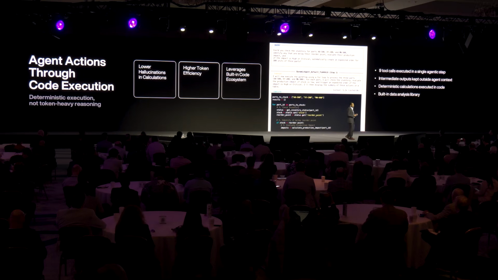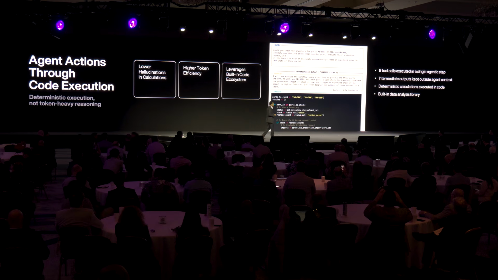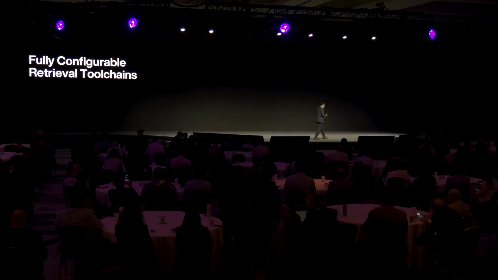And this specific one question is going to lead to 9 tool calls, and tools are blocks of code that are executed in one single agentic step. And this is pretty cool because this means that intermediary outputs are kept outside of the agent, not cluttering the agent context windows. We're performing deterministic calculations in each step. And we actually pre-built analysis libraries that we're providing our dynamic agent, in this case, to use. And this is what gets us the high quality for these math-heavy use cases.